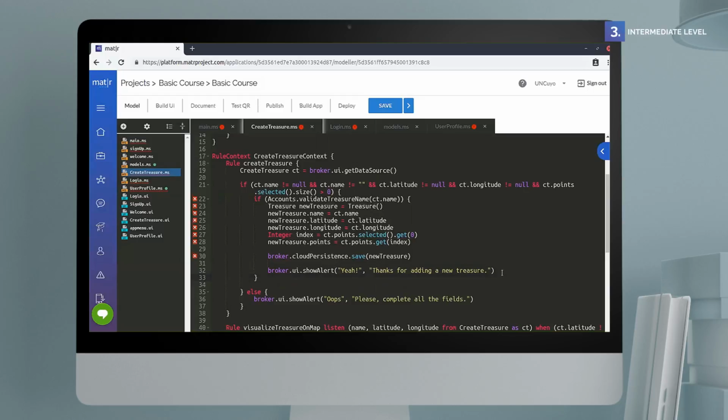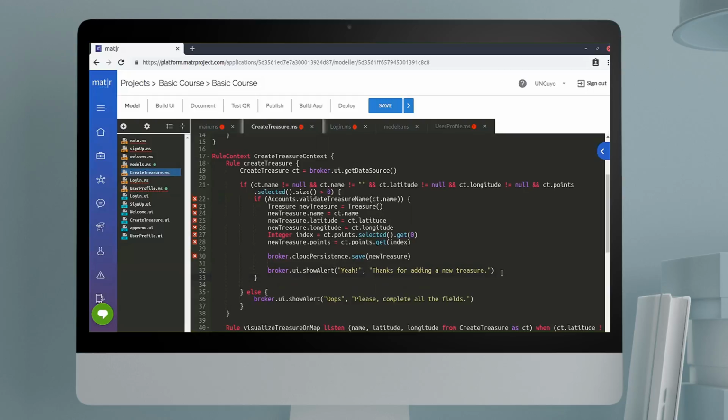Integer index = ct.points.selected().get(0). newTreasure.points = ct.points.get(index). Broker.cloudPersistence.save(newTreasure). Broker.ui.showAlert("Yeah", "Thanks for adding a new treasure") }